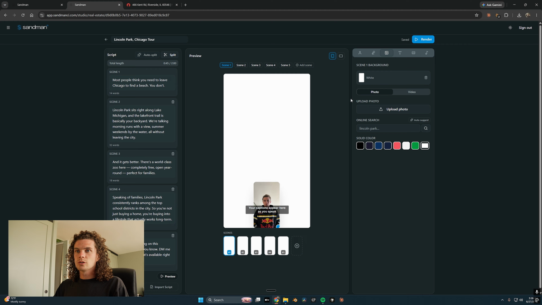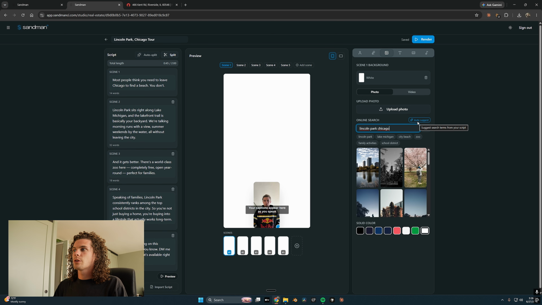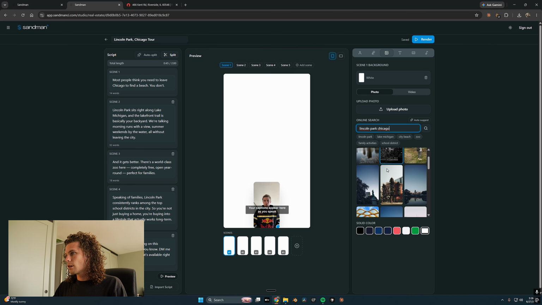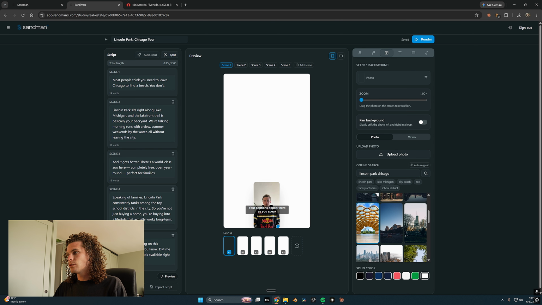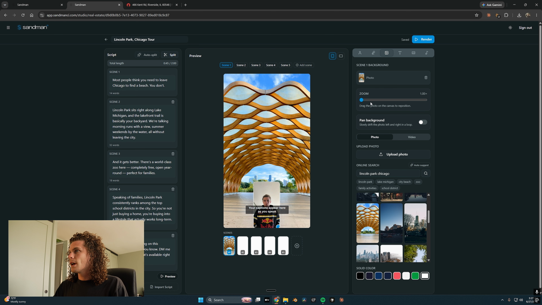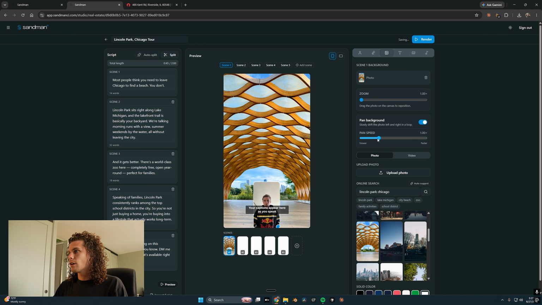And then moving on to picking the backgrounds. This is the biggest difference between the local based videos versus the actual property tours. If you click this button here, it's going to auto suggest searches for you. And I'm going to do Lincoln Park, Chicago. And as you can see, it's pulling a bunch of images from Lincoln Park, Chicago. So let's choose this one for the first one. And then we can make the background pan